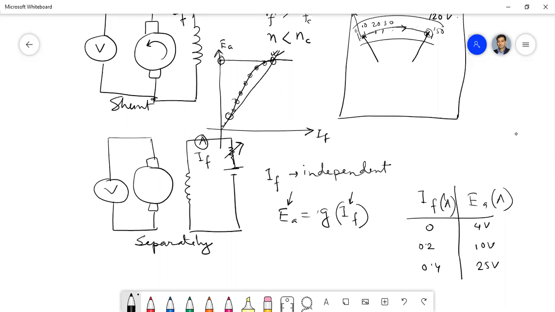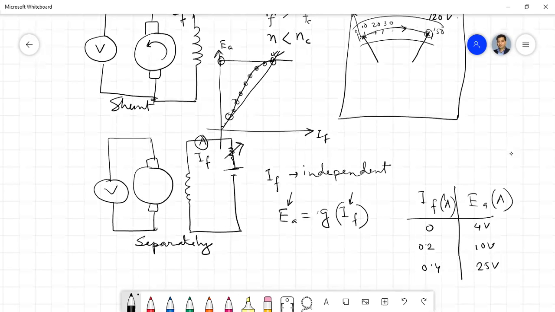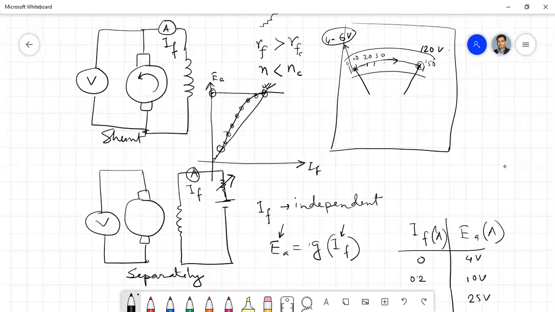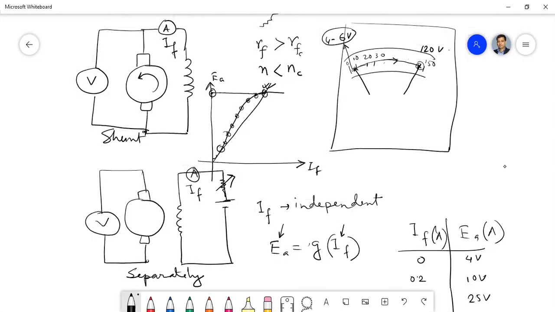Why? একবার একবার বলুন। আমি বলতে চাইছি যে এটা যদি পসিবল হতো যে শান্টের ক্ষেত্রেও আমরা ওসিসিটাকে ট্র্যাক করতে পারতাম, ওসিসিটাকে ড্র করতে পারতাম, তাহলে যে ওসিসিটা আমরা পেতাম, কার্ভটা পেতাম, সেপারেটলি এক্সাইটেড এর ক্ষেত্রে একই ওসিসি পাবো।